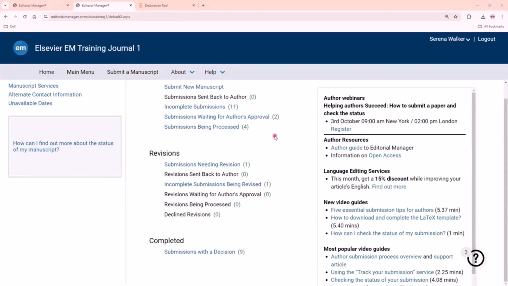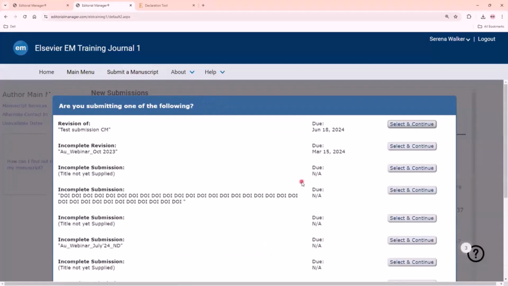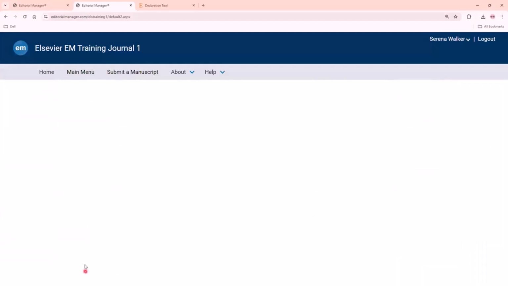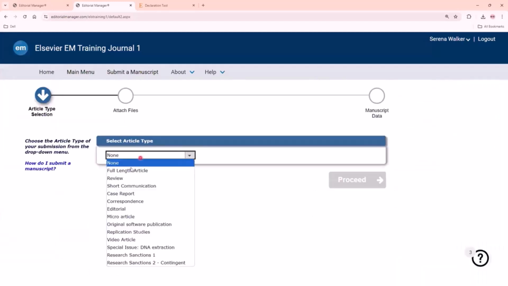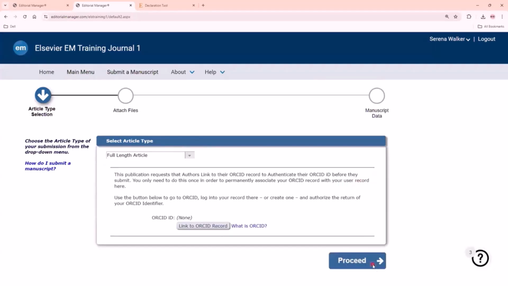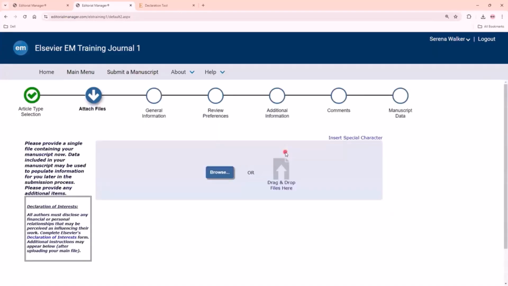Now, like I mentioned, we have our second agenda, which is how to use the declaration tool in Editorial Manager. Now, I'm going to be taking you again to the second step, which is the attach file step, and we're going to see how to use the declaration tool. The declaration tool is very important and a mandatory file type for most of the journals.